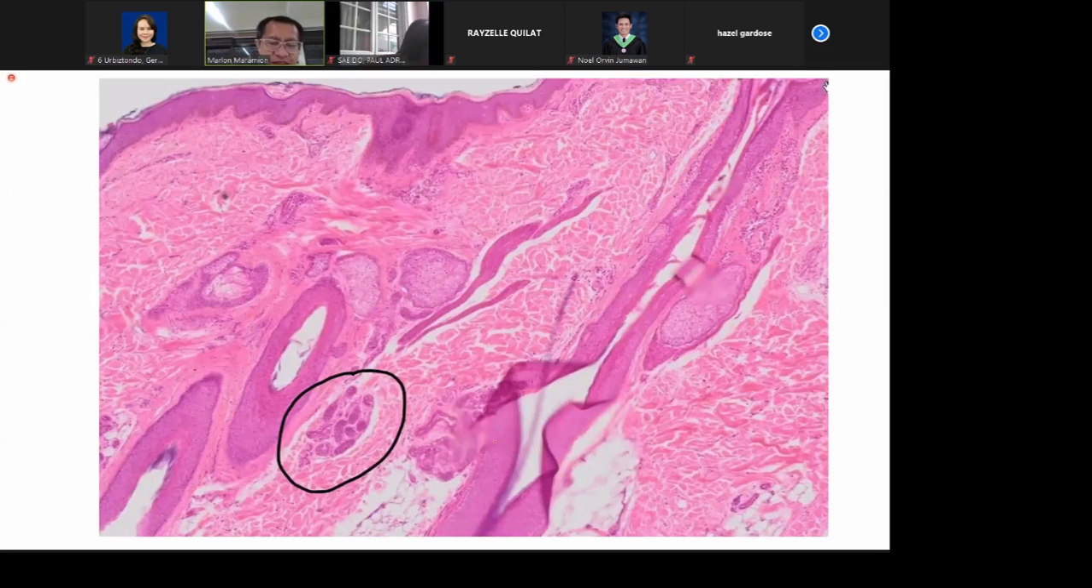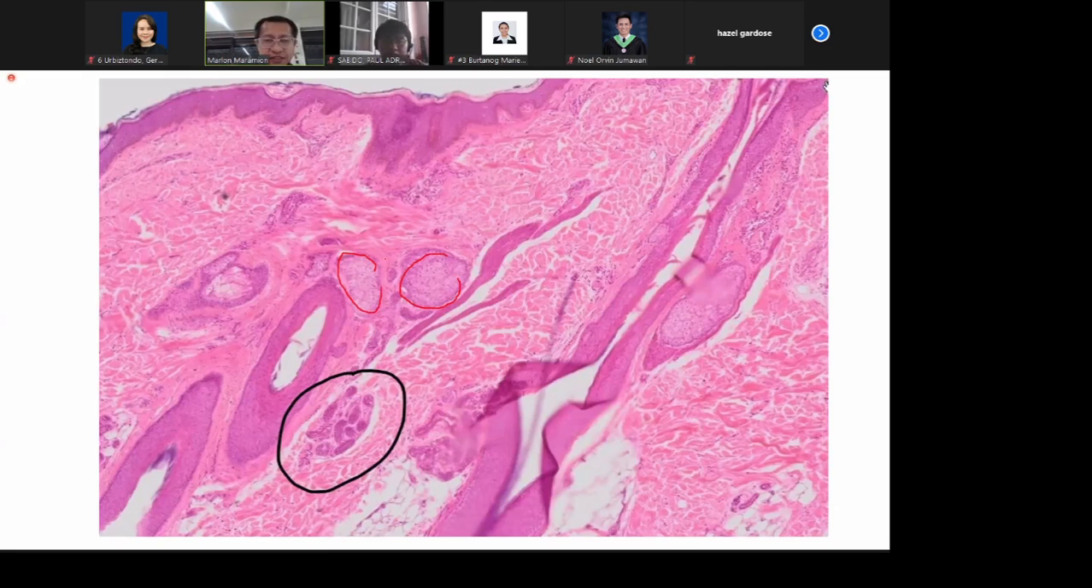The encircled structure should be called what gland? Eccrine gland. Sweat gland. So eccrine gland or sweat gland, either of those answers is correct. So this gland should be the